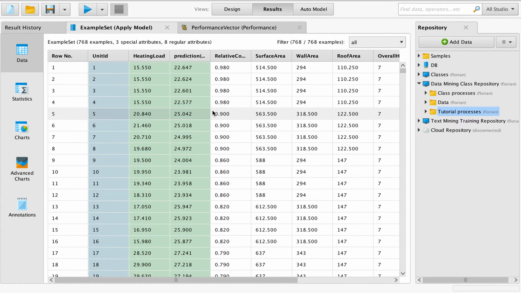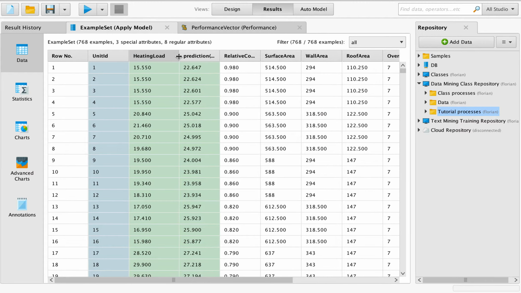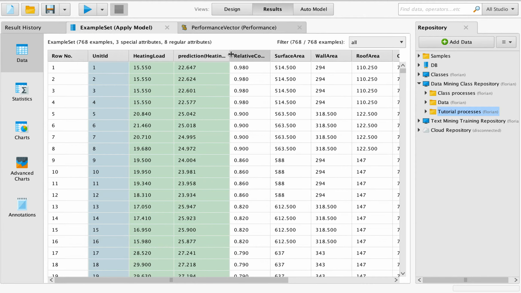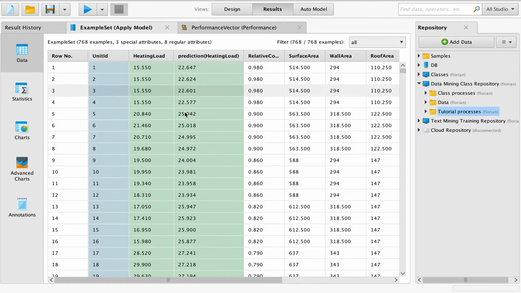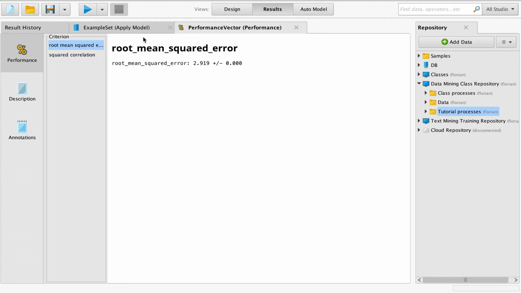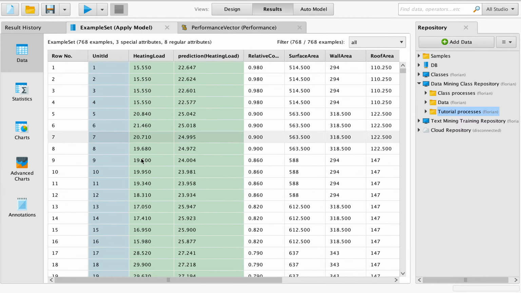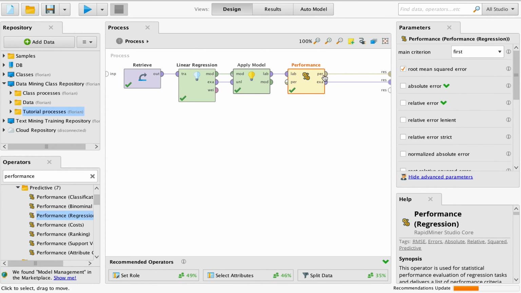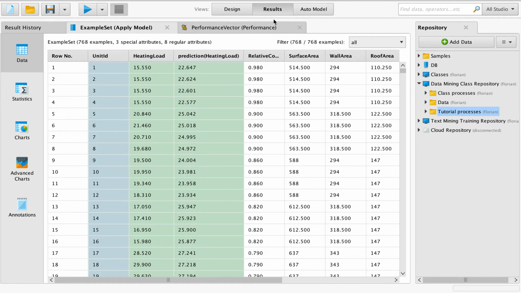And the only thing we'll look at for now is basically this labeled data set that we're getting based on having run the regression. So we're getting our performance vector, and we're also getting our data set. These are basically the two things that come out of our last operator here. And so what does this give us? Well, it gives us basically